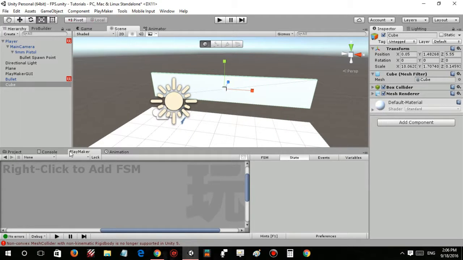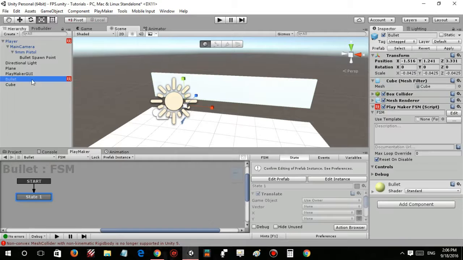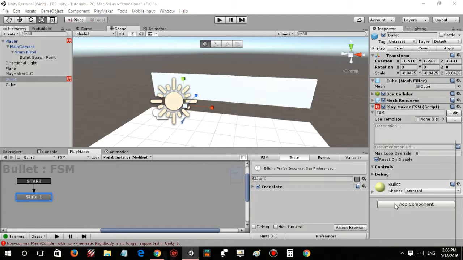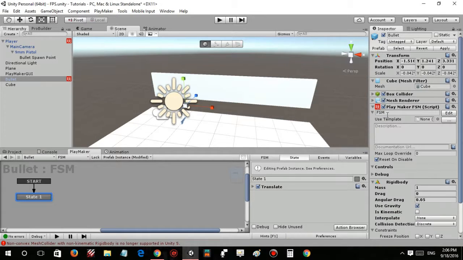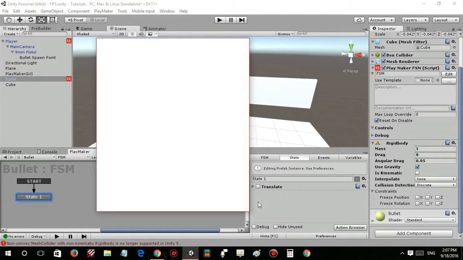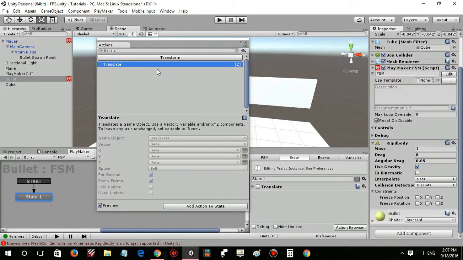And to this we will add a rigid body to the bullet, and we will just take the translate off because we will use another action called add force,